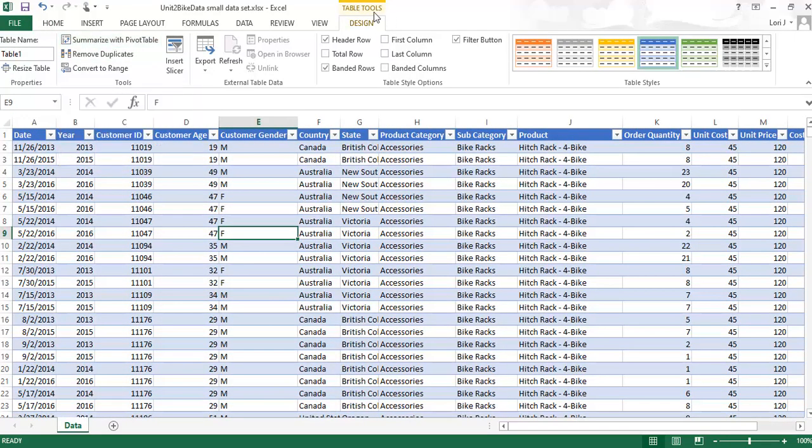So from the Table Tools design, I'm clicking on Summarize with Pivot Table. But actually, before we do that, let's go ahead and give our table a name. So on the left side, right now it just defaults to table 1. And if you were to create another table, it would be table 2. But let's actually type in, we're going to call it sales data. As you work with more tables in your spreadsheet, you're going to want to name your table after something that resembles the data